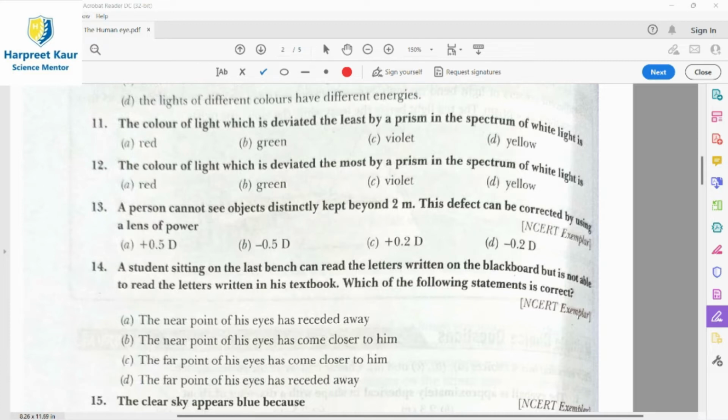of white light is. A triangular glass prism is a transparent object made up of glass having two triangular ends and three rectangular sides. What happens when a ray of light passes through a glass prism? Refraction, or bending of light, occurs both when it enters the prism as well as when it leaves the prism. So light bends two times.